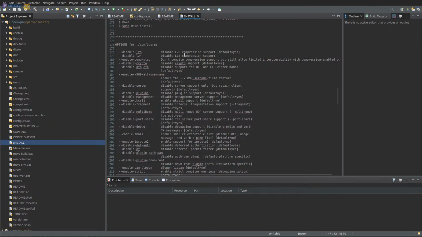Zero compression. A bunch of stuff. Don't compile compression support. Disable crypto support. What does this mean? Default yes.